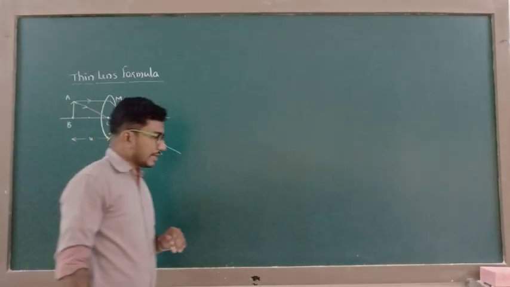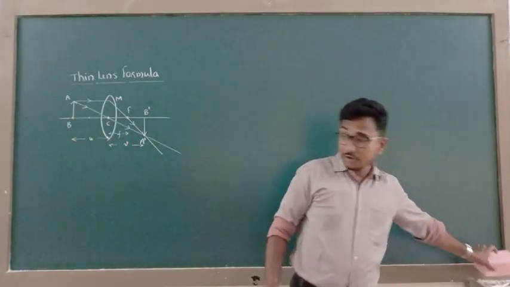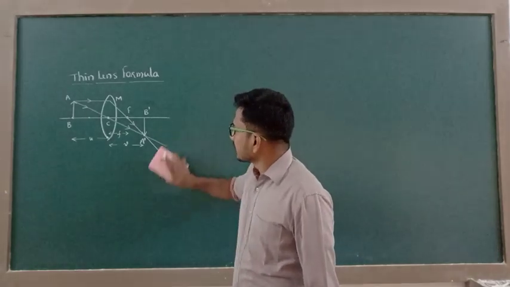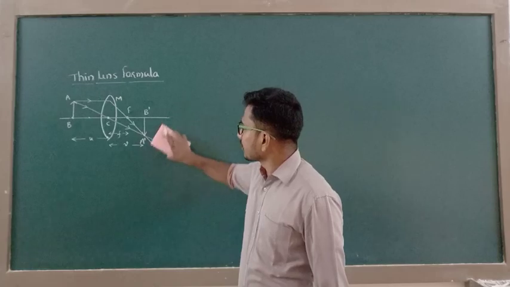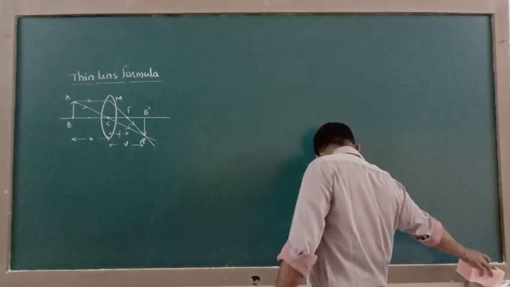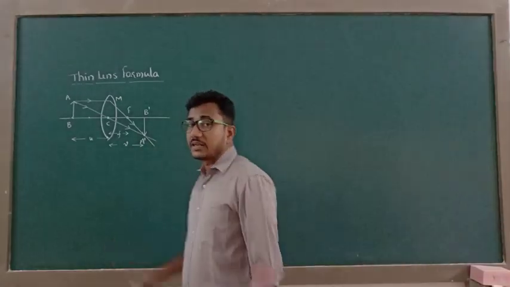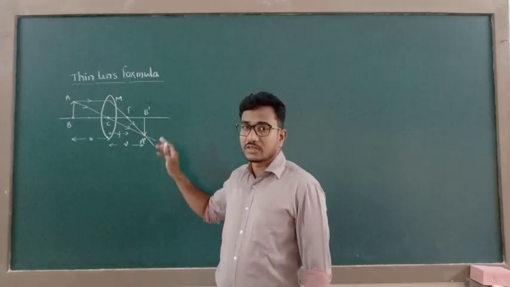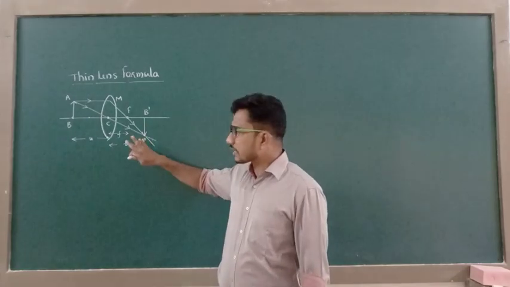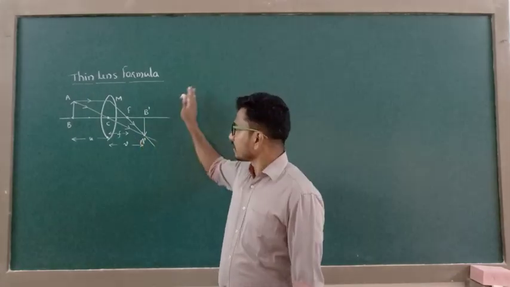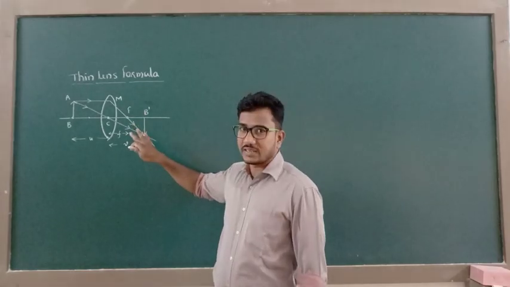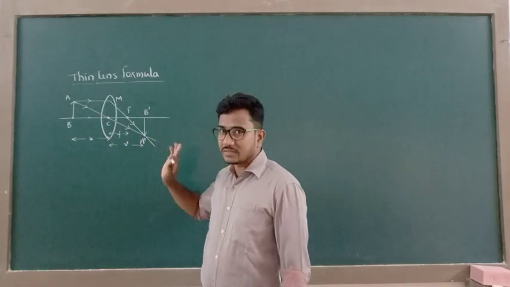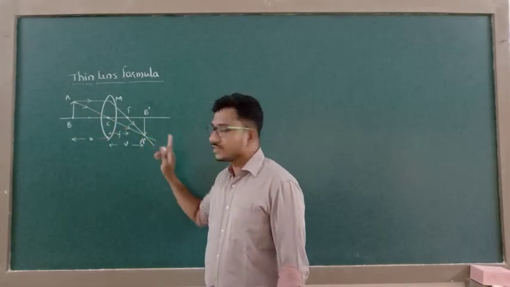So this is the ray diagram that shows when an object lies at one center of curvature, then its image lies at the other center of curvature. This image is due to a convergent beam of light, and hence the nature of this image is real and inverted. Again I will explain this ray diagram in the next session. First we will try to understand this one. Object is at center of curvature, image is at center of curvature, same size.